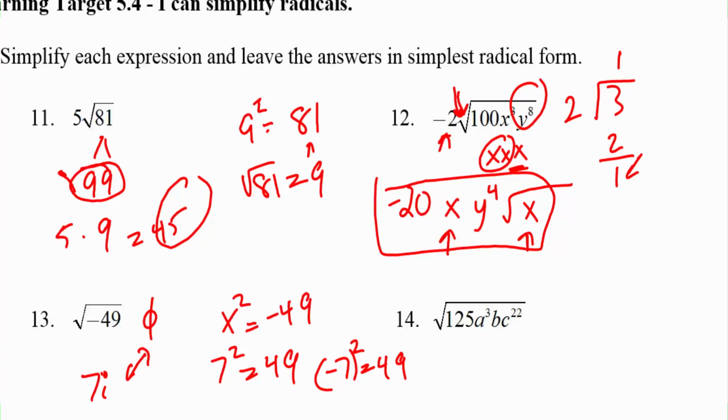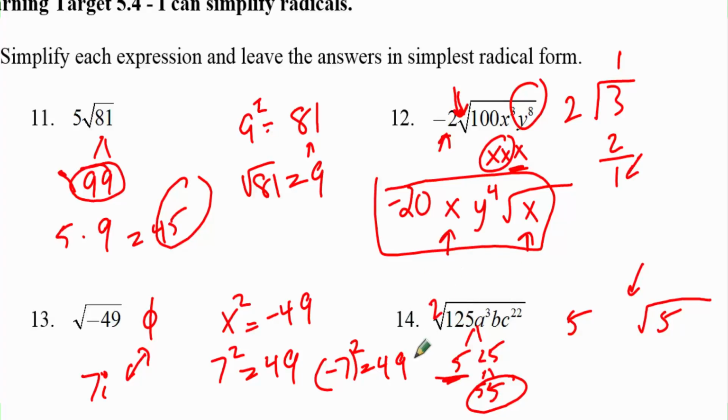Alright, last one on this topic. 125, break it up into 5 and 25. A couple 5s. And then you're looking for pairs. We have a pair of 5s, they come out. Anything that does not have a pair stays inside the root. Leave yourself some space here because now we have to work with the a's and b's. So 2, the square root's 2, goes into 3, 1 time, but 1 left over. Same reason with the x's to the third up here in number 12. And then 2 goes into 1, no times, so that b stays put. 2 goes into 22, 11 times, and we're good. Alright, there's going to be another video because I'm out of